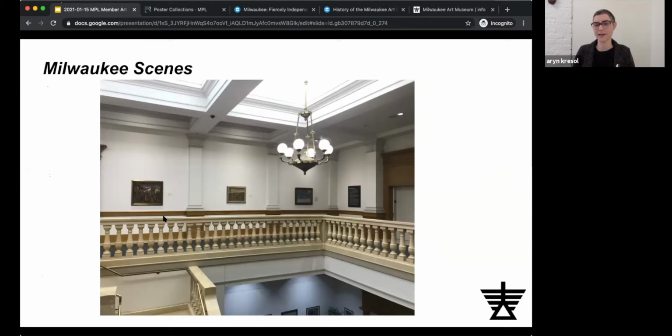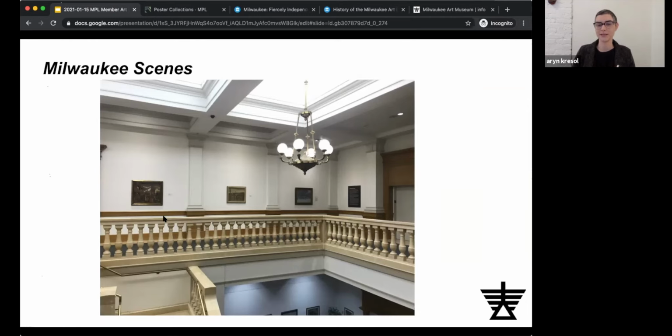Getting the works there, I give full credit to our registrar and preparator team. I met them there and they brought the works safely, and we were working, of course, with Paula Namath and her staff at the library to install the works at that time, Monday before noon, before the library opened to the public. As we know at the museum, we often have to close off galleries if we're rotating the works in and out.